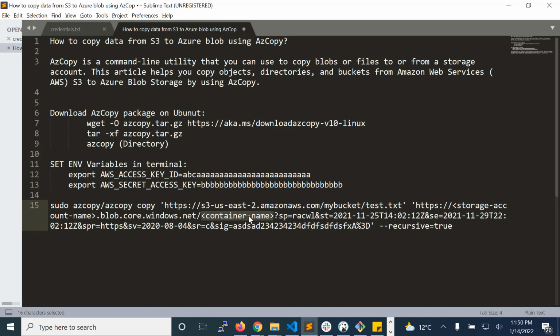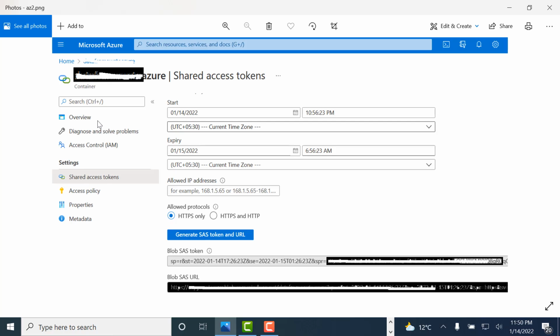This container will exist inside our storage account of Azure. After successfully executing this command, this test.txt file will get copied inside this container, and you will be able to see that test.txt file after clicking on overview. You will see that file as a list.